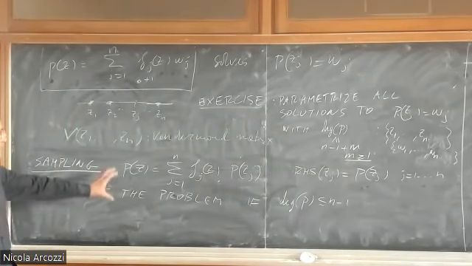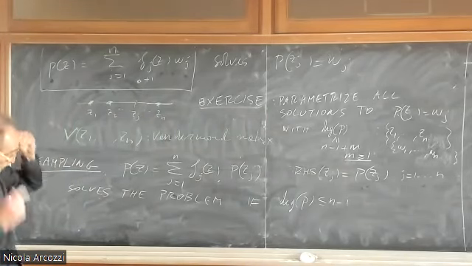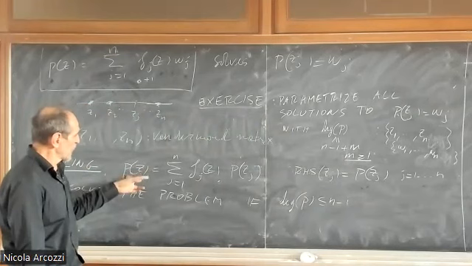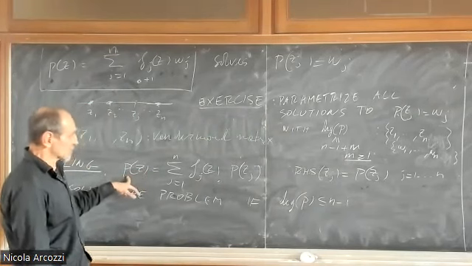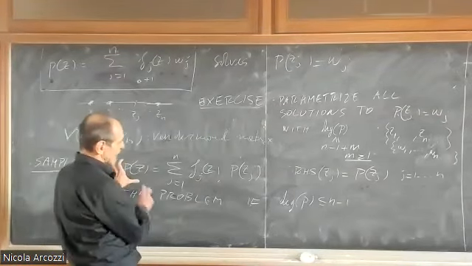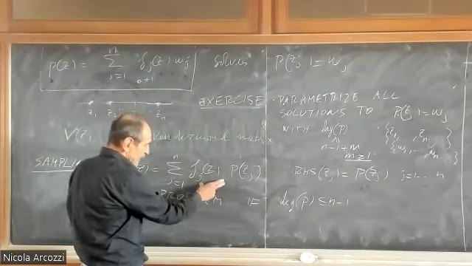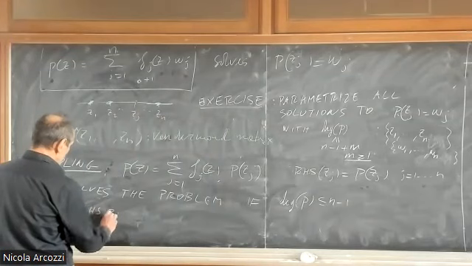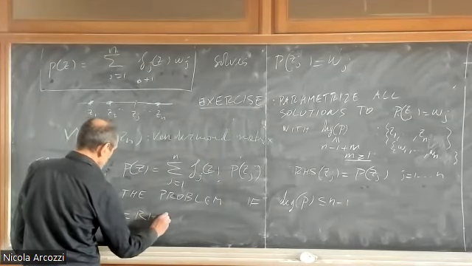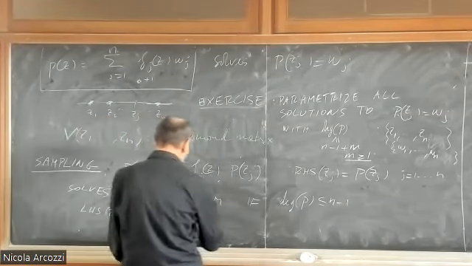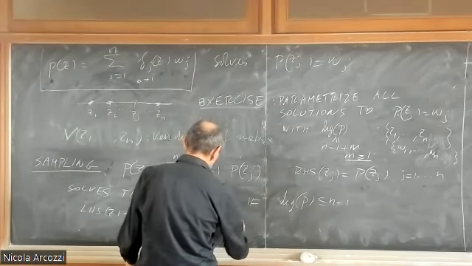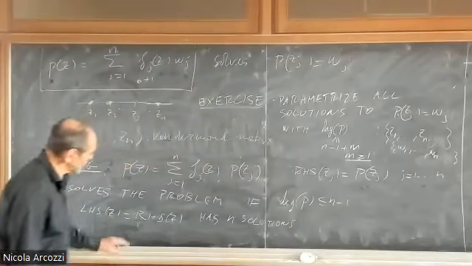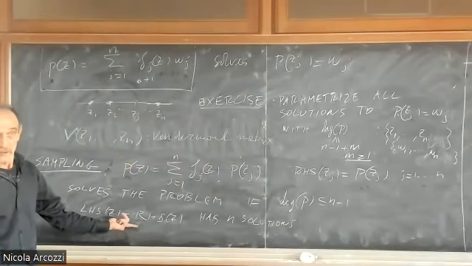Because if P is a polynomial of degree less or equal than n minus 1, well, because the left-hand side and the right-hand side are the same, the left-hand side at z is equal to the right-hand side at z, has n solutions. This equation has n solutions, and